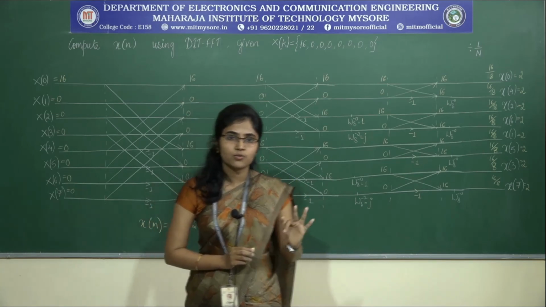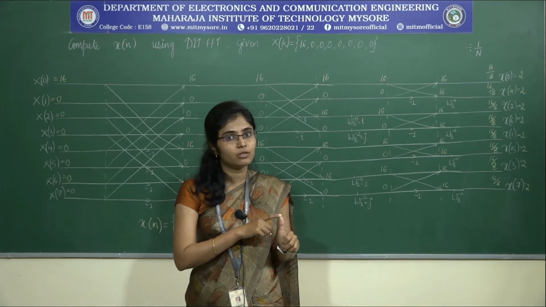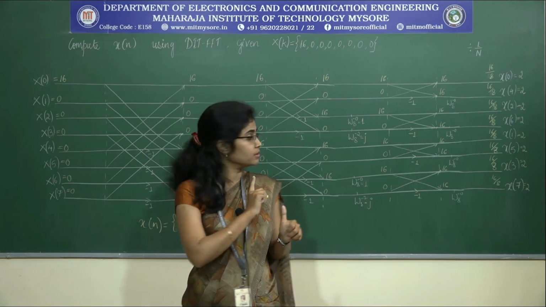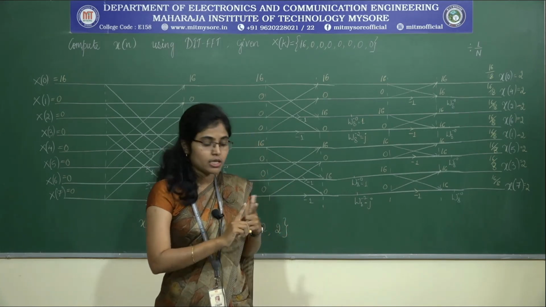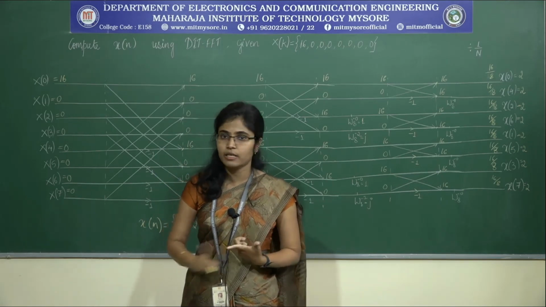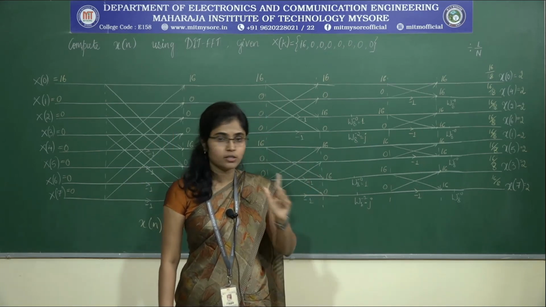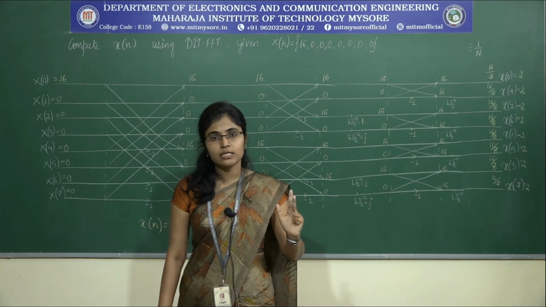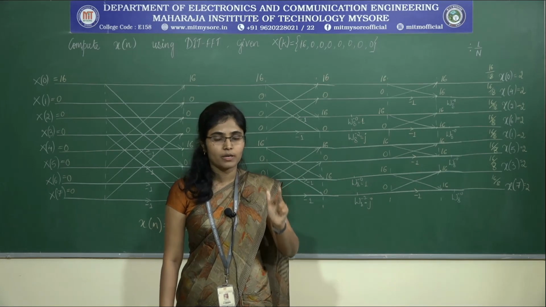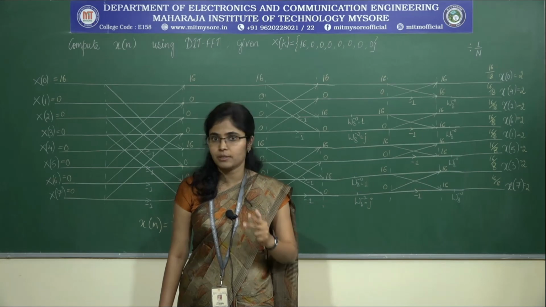The three important things which you need to remember: the butterfly structure for DFT and IDFT using DIT-FFT algorithm is vice versa. The diagram is different for both. The second thing is, using DIT-FFT algorithm, if I find out DFT, the input will be in bit reversed order and the output will be in normal order. The third thing is, the twiddle factor term is omega n to the power of r, that is omega n to the power of 0, omega n to the power of 1, omega n to the power of 2 and omega n to the power of 3.